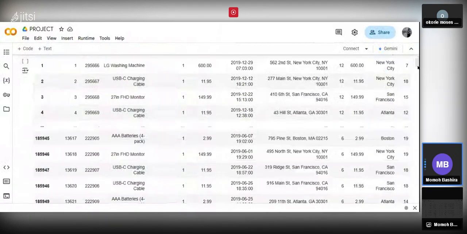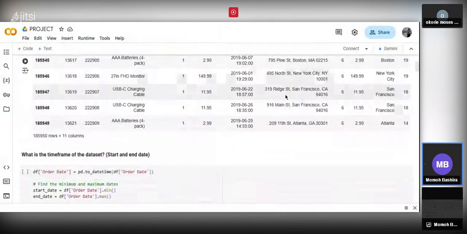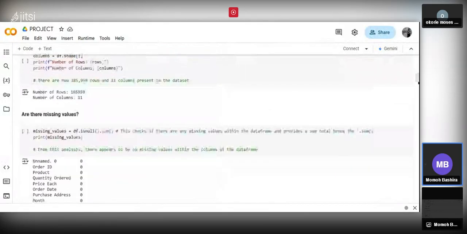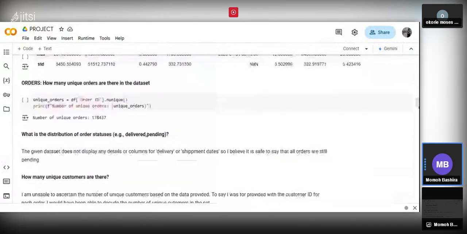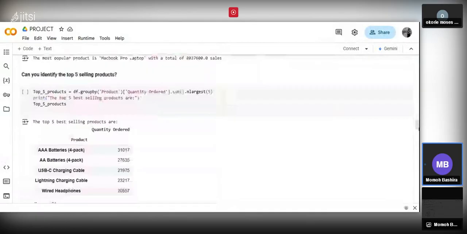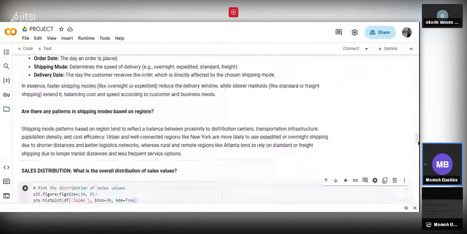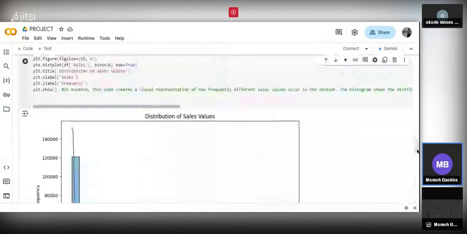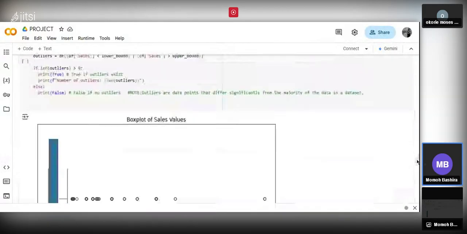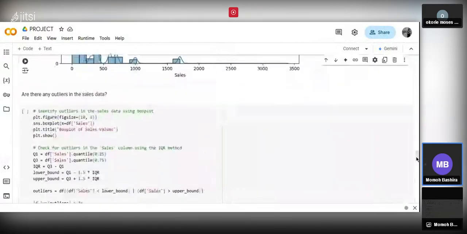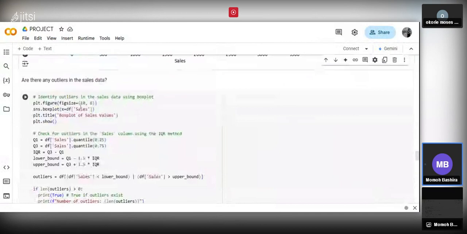This is not exactly giving the total display of all the rows, but if you were to display it in Excel, which is what I did before importing it into my Google Colab, you see that there were some orders that were different, rather random, than other orders within the data set. So I used this code to plot a figure, a box plot preferably,